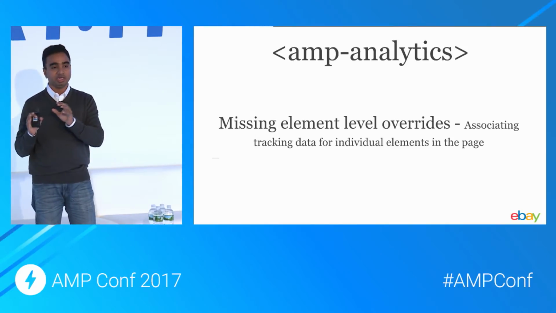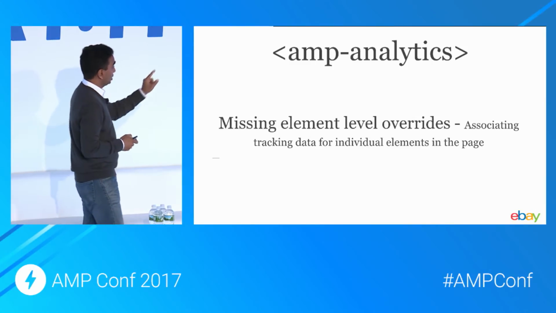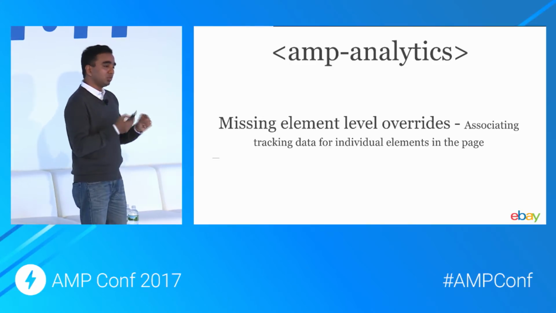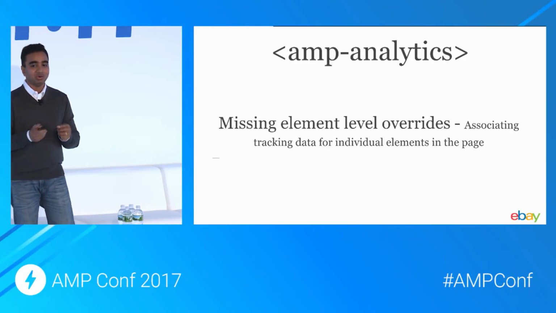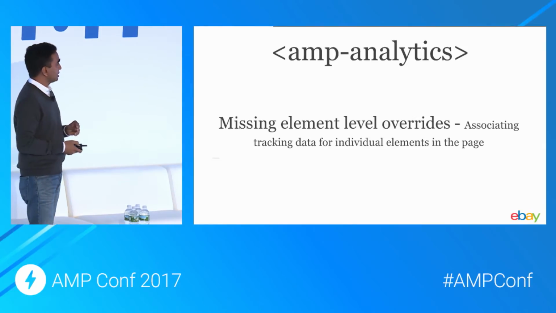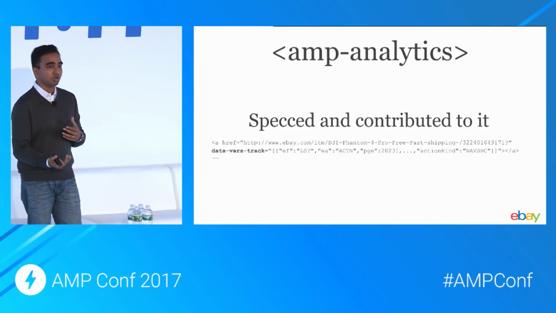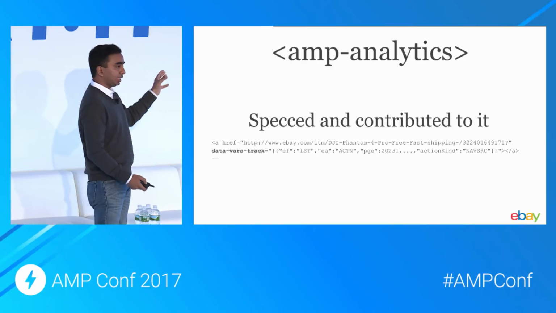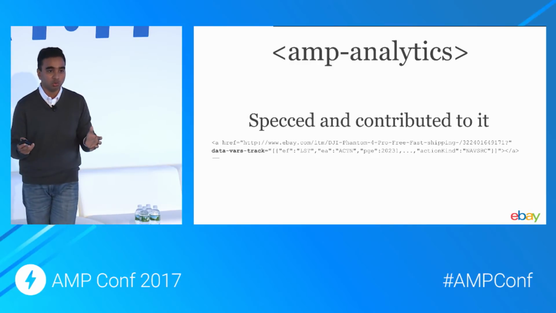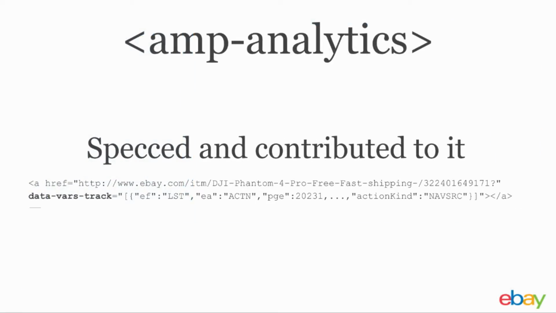I already mentioned that we needed very granular tracking, right? We needed tracking at an individual element level. And that was missing here. We could have done it with configs, but that would not have been manageable because there would be configs everywhere in the page and you cannot just keep doing that. So as any other good open source citizen, we filed a GitHub issue, we spec'd it, and also contributed towards it. And now you can add a data-amp-track attribute to any individual element that you want, put all your tracking data inside, and that gets automatically sent to your analytics system. So with this, we are able to achieve the same sort of mechanism that we were doing with our regular pages, even in our AMP pages.